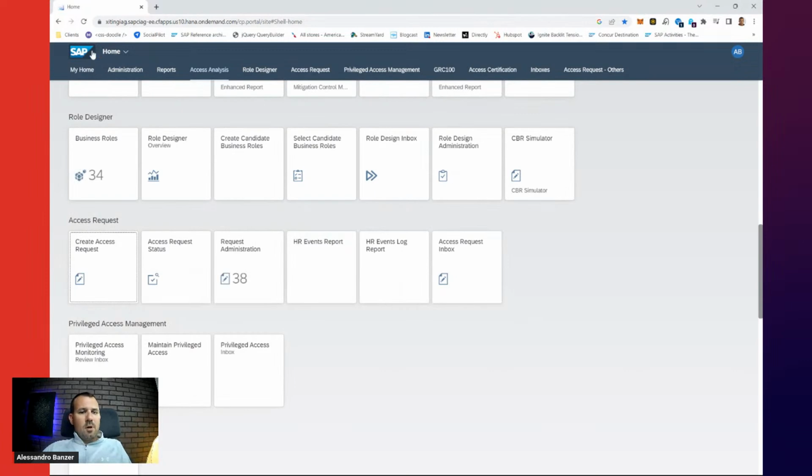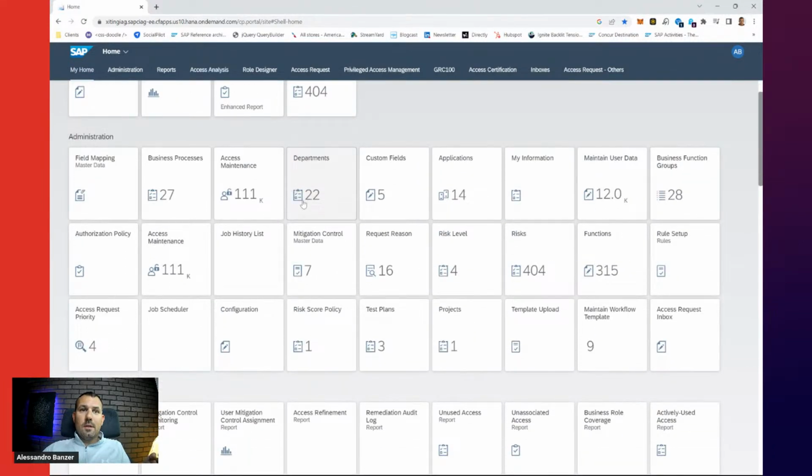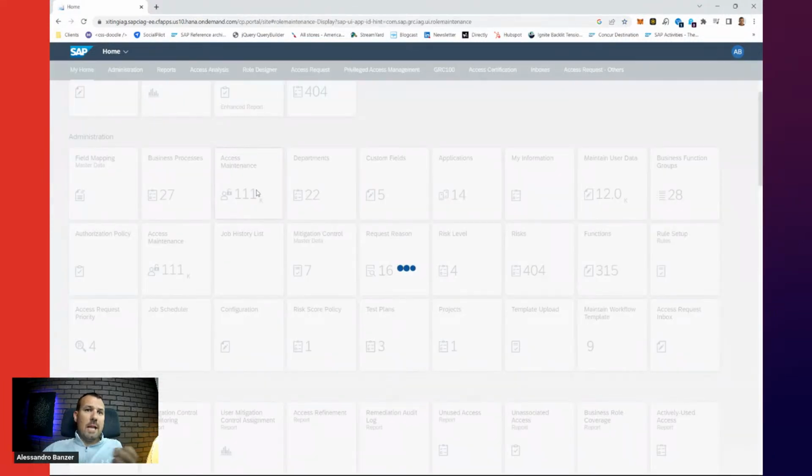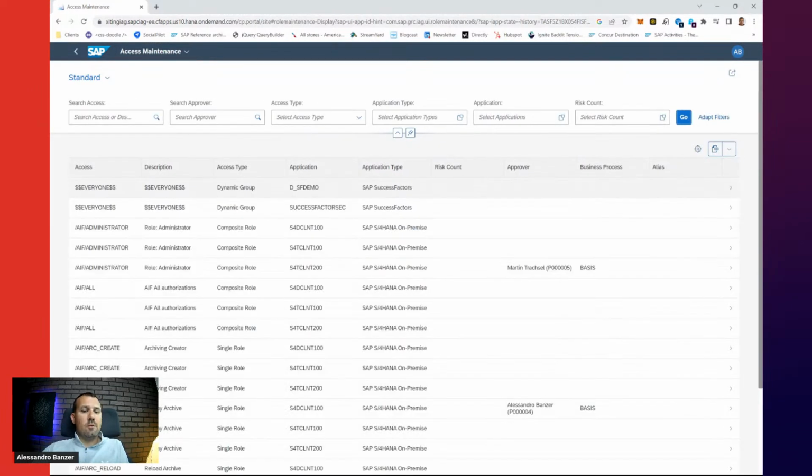So business role management, obviously a big topic, but pretty straightforward. We can maintain those business roles. We can obviously also maintain all the regular roles, so technical roles and groups. If you import them from Ariba or from SuccessFactors, all those can also be manually maintained. Meaning we can define assignment approvers, so they can manually be requested, and we can see it here.